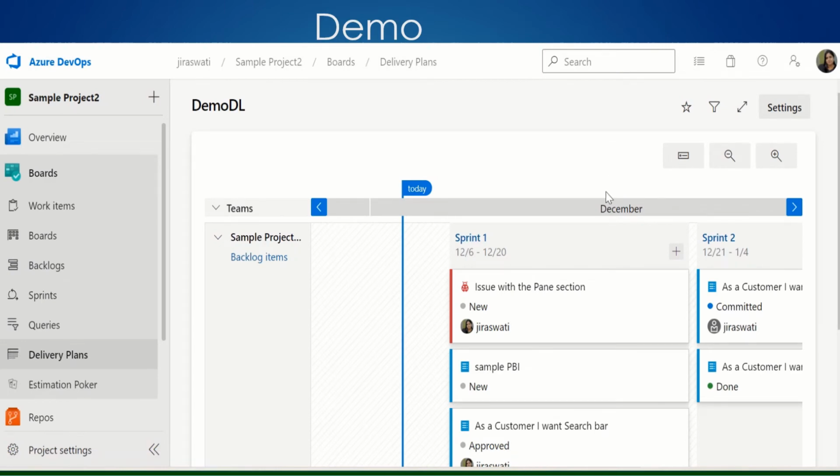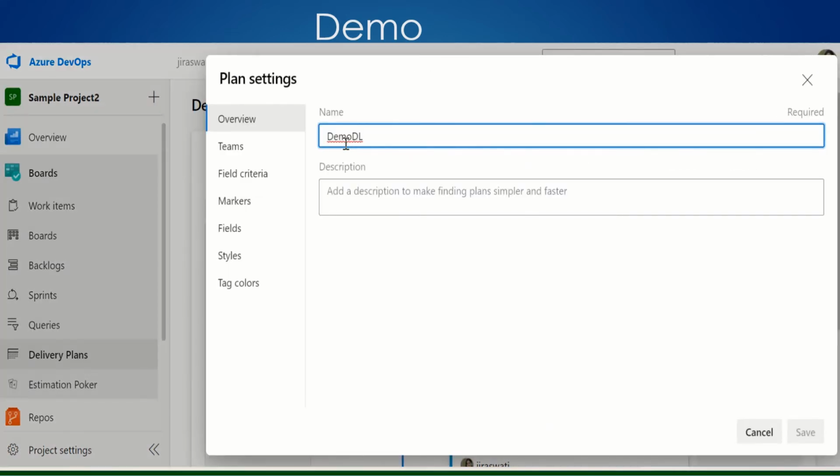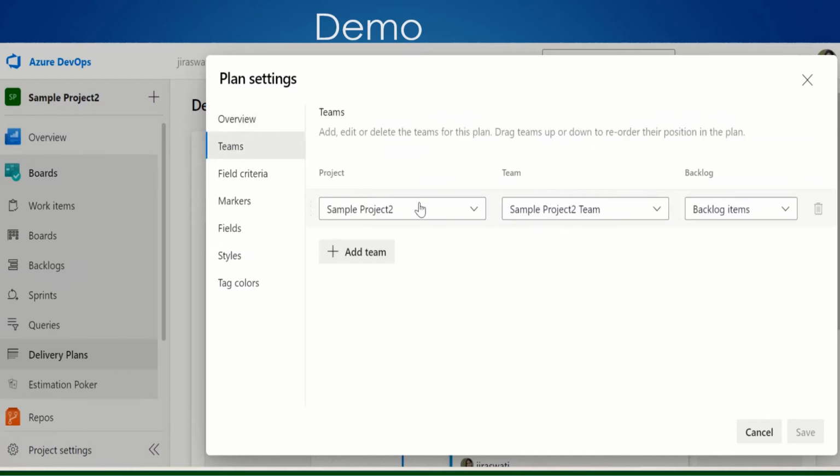Now what you need to do, let's create one more team. So here on your right hand side, the setting is there, right? Let's click on the team. See, you have a project of this, and we are able to view our plan based on this backlog item for this particular team.